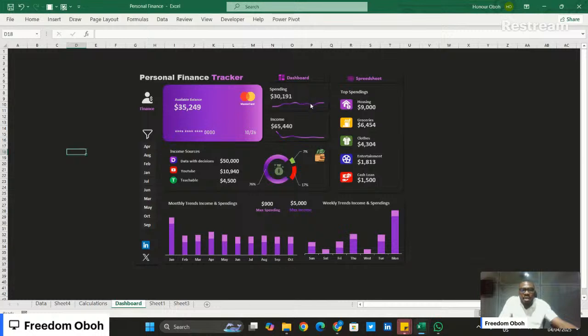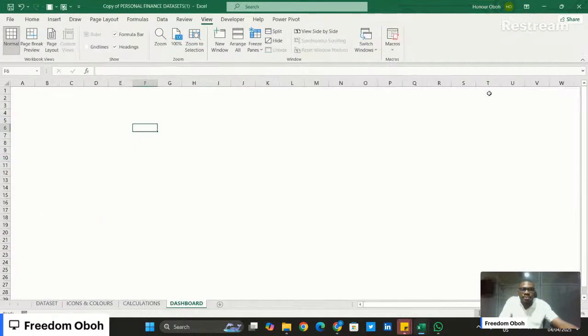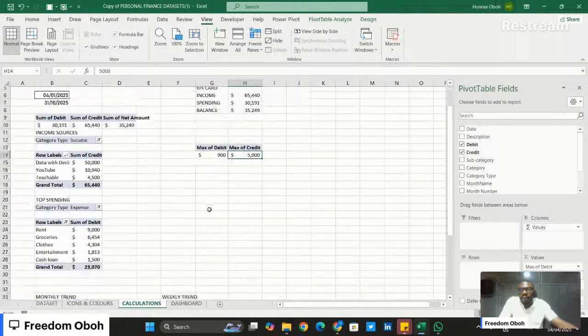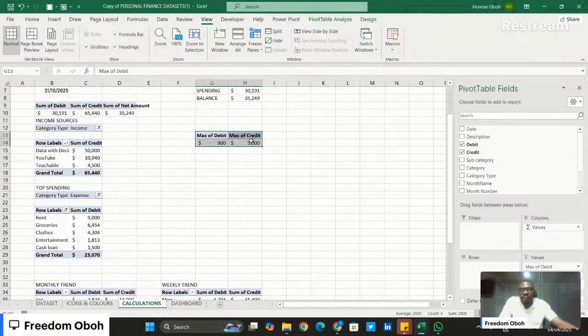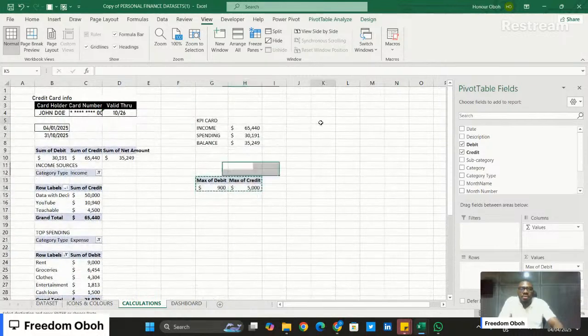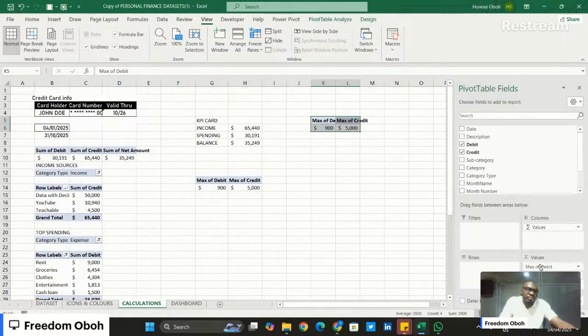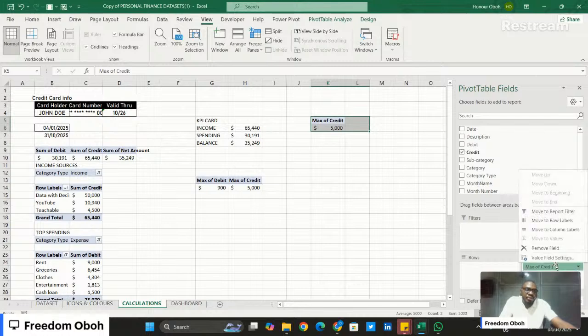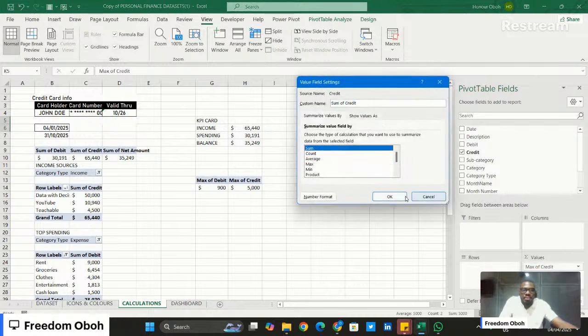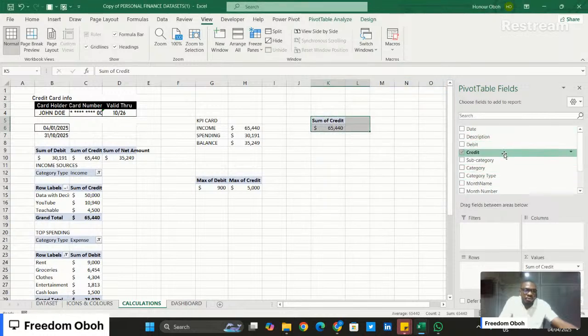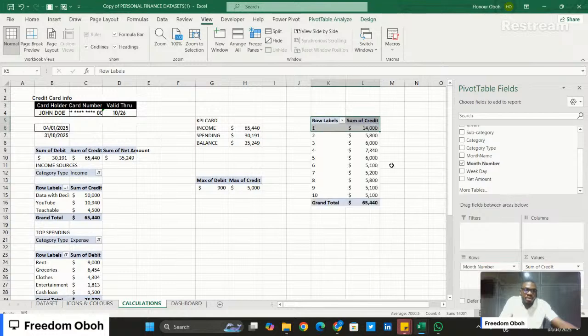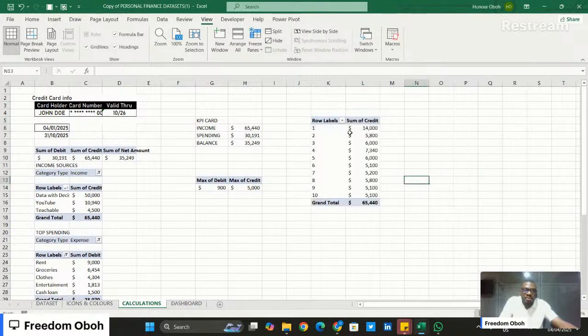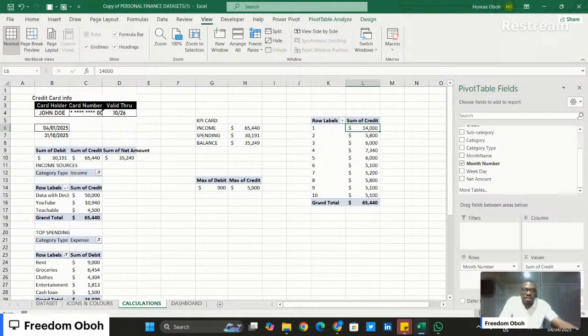Okay, I think I forgot something. I didn't add the monthly trend I use on the KPI card, which I'm going to add to the pivot tables now. So let me add that to our calculations. For the trend, we use the sum on our monthly. The trend is month by month, so we use numbers so it's easier. You can see the trend from January to October